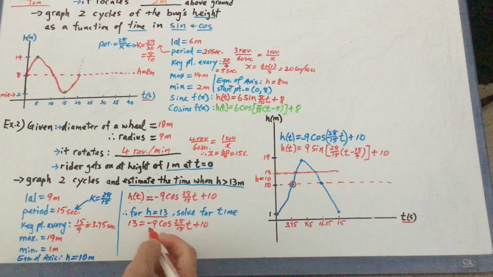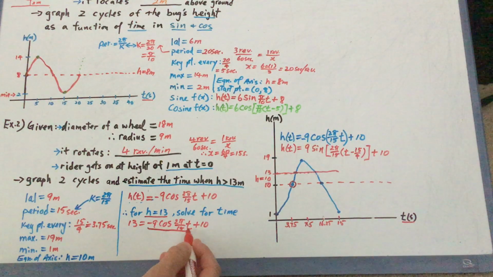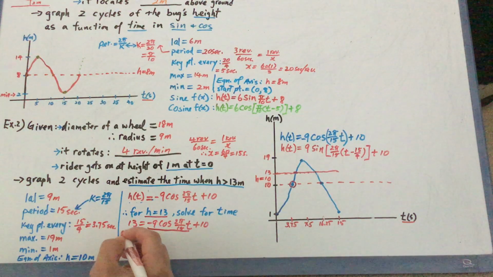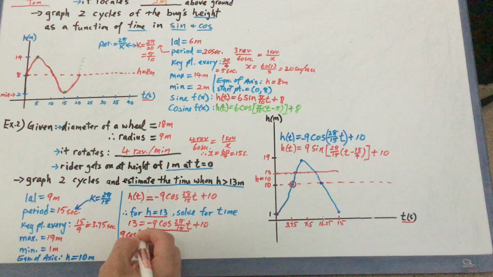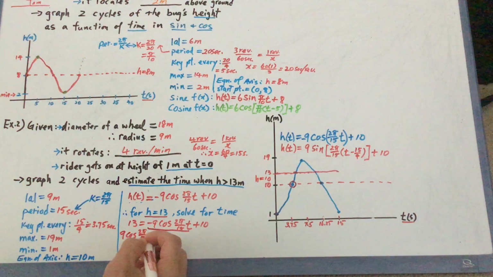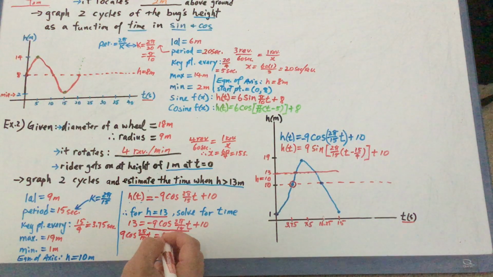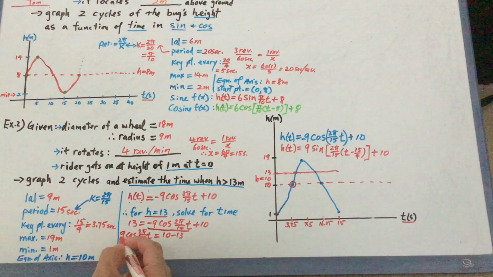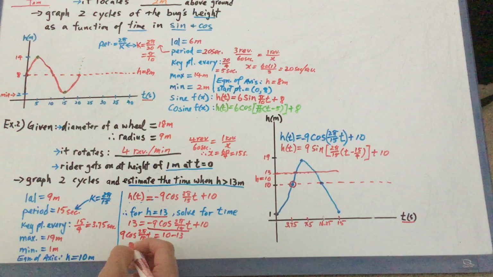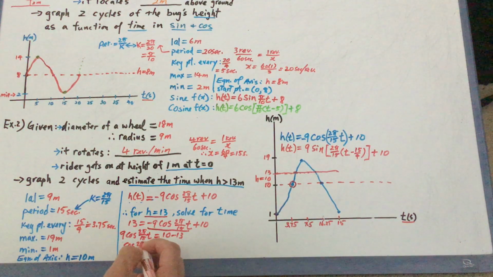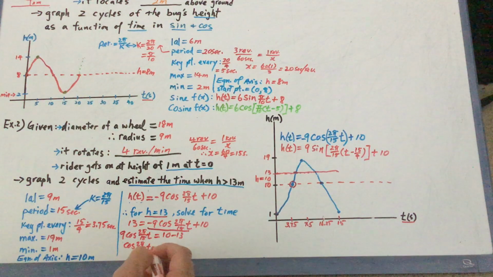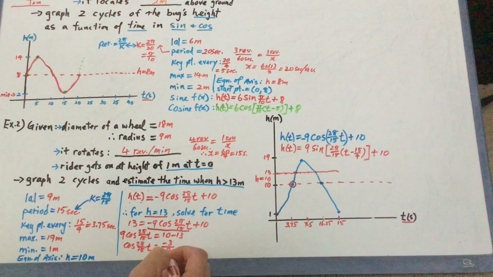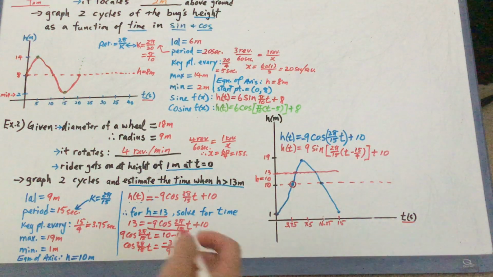So what I will be doing is bringing this negative term over. So you will have a positive 9 cos 2 pi over 15t is equal to 10 minus the 13. And then I'm going to get rid of the 9 on both sides by dividing. So cos of 2 pi over 15t is going to be equal to negative 3 over 9. Okay? And from here